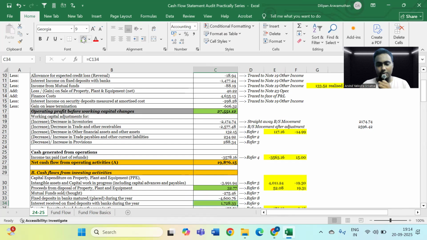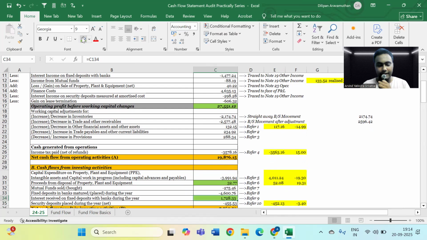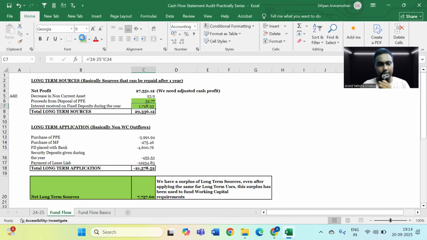So this is again a long-term source of finance for me, 1728.33. Right, guys? So this we have again taken here, which we have ticked here. Next, let's come to purchase of PP. Purchase of PP is a long-term application because my property, plant, equipment are usually procured for the purpose of my